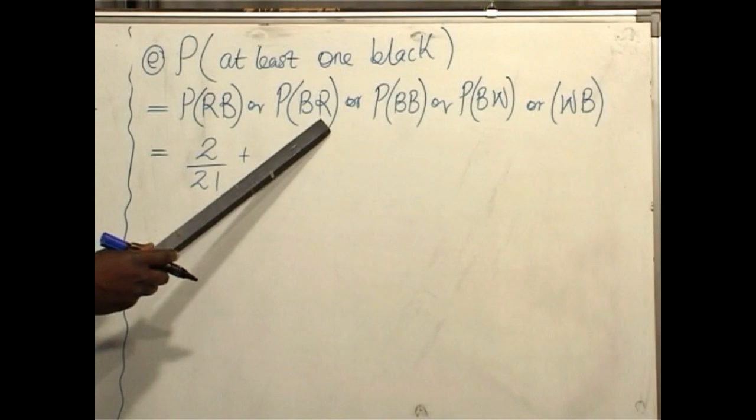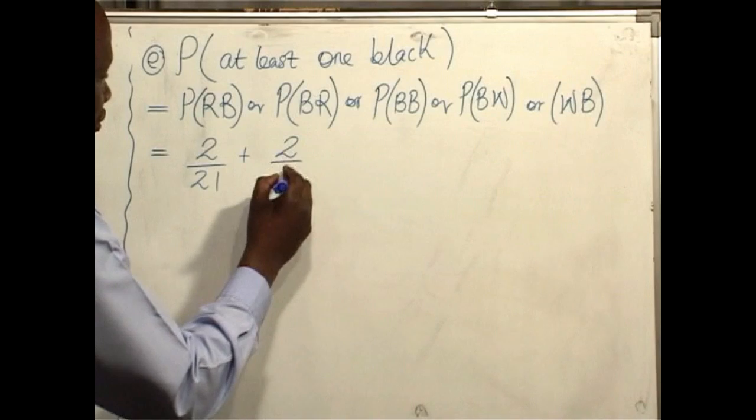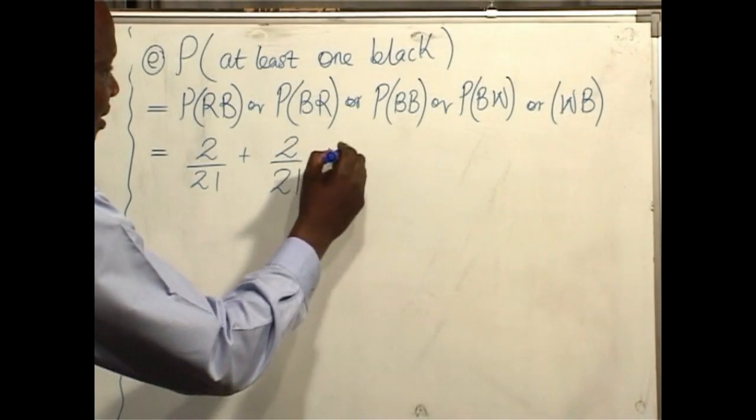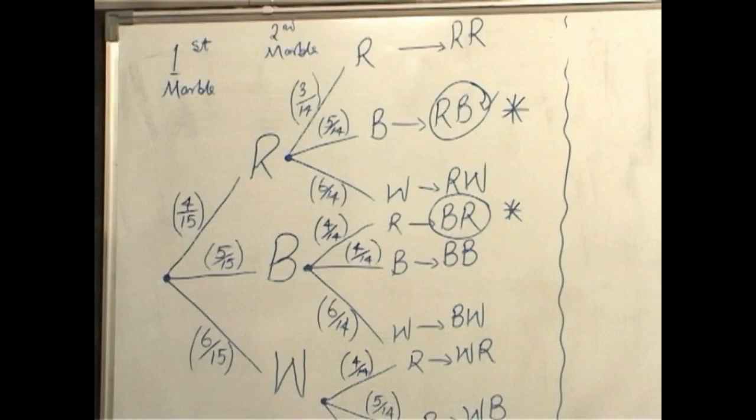When you refer to our workings for part B, we also found the probability of the first one being black followed by red as 2 over 21 plus. The last three are the ones that have not yet been worked out. But when we follow through our tree diagram, we are going to see that black followed by black is 5 over 15